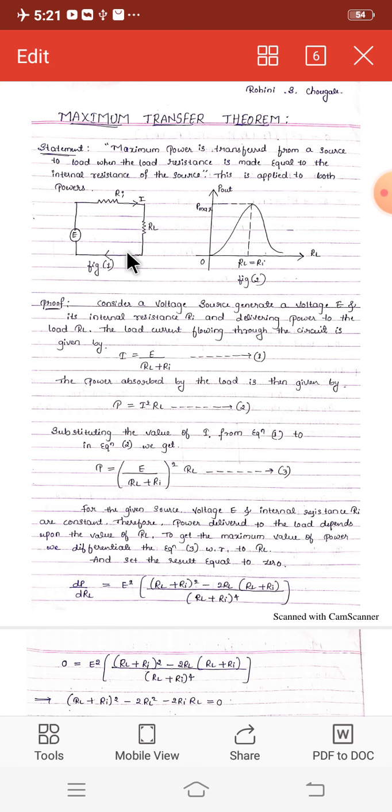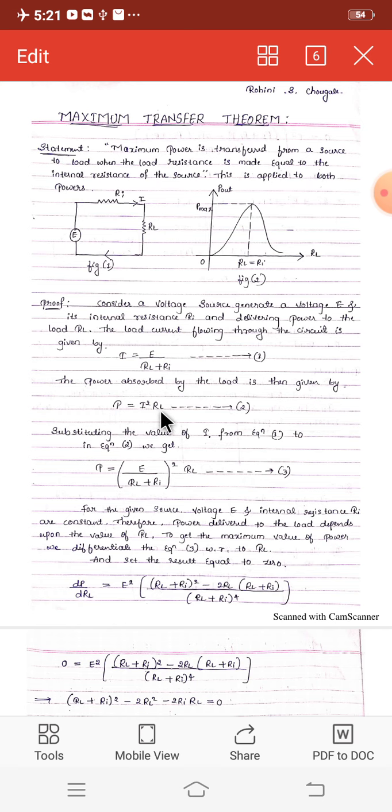This is very easy. Maximum power is transferred from a source to a load when the load resistance is made equal to the internal resistance of the source. We have to prove this, that is Ri equals RL. The current flowing in the circuit is I. E is the EMF of the battery. This is the graph of P output versus RL. This peak is known as P maximum. At RL equals Ri. Here I equals E by R is the formula, but what is R? Ri and RL are in series, so it is Ri plus RL. Consider this as expression number 1.